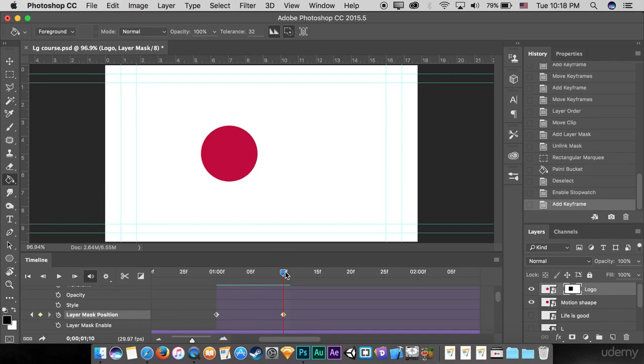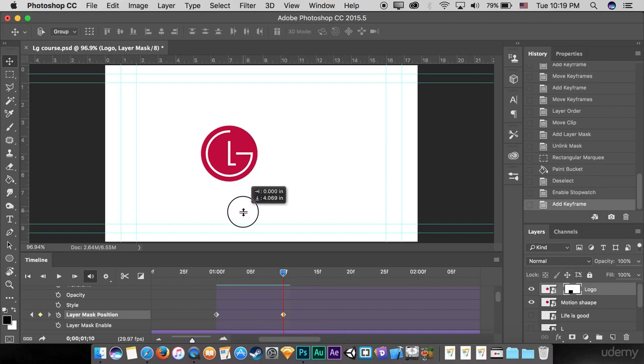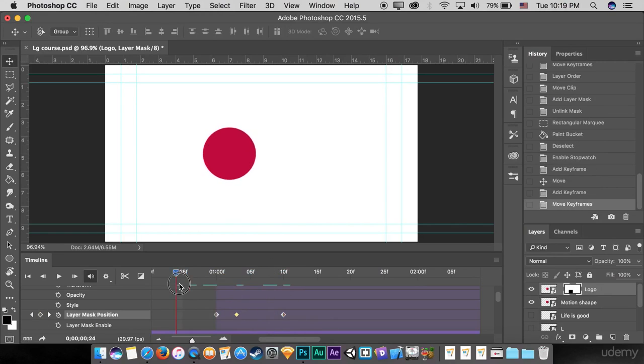Okay, now what will happen is we will change the second keyframe and select the layer mask, not the layer itself, the layer mask, and just hold Shift and drag the layer mask like that, so you can see it will appear from a layer mask. Okay, you can add even the animation options here. Fantastic,